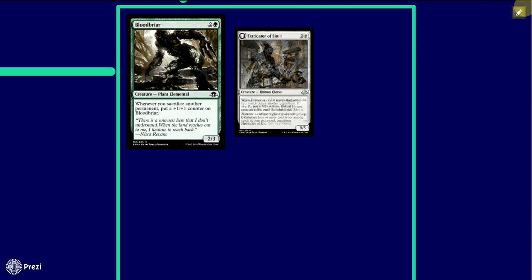Now, Bloodbriar, I say, is a build-around because you can take these early and then really prioritize cards that cause you to sacrifice things. So think about a couple white cards like Extricator of Sin, which turns into Extricator of Flesh, both sides of which cause you to sacrifice things or have the potential to grow Bloodbriar. My thing with Bloodbriar is it starts off as a decent creature on its own. It's definitely filler level at a 2/3 for 3, but once it gets even one counter, it's definitely justified its mana cost. A 3/4 for 3 is fantastic,